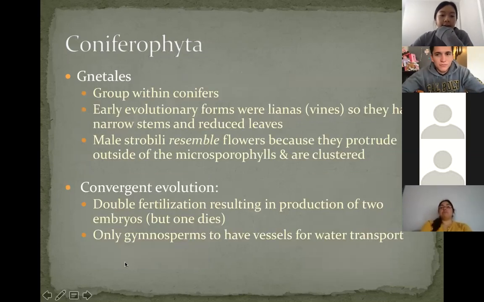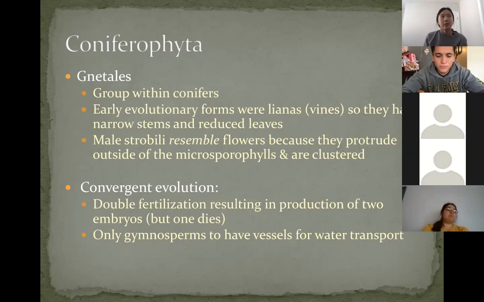Okay, and then finally, a group within the conifers is the Gnetales. The Gnetales were actually thought to once be more closely related to the angiosperms, and the reason why is because they have vessels. Now keep in mind, non-flowering plants, so all the gymnosperms that we were talking about just now, cycads, ginkgos, and conifers, they all only had tracheids for water transport. They did not have vessels, which is why the Gnetales were once thought to be the sister group or the sister lineage to the angiosperms, the flowering plants, because they have vessels,